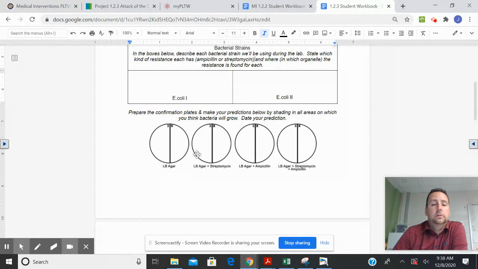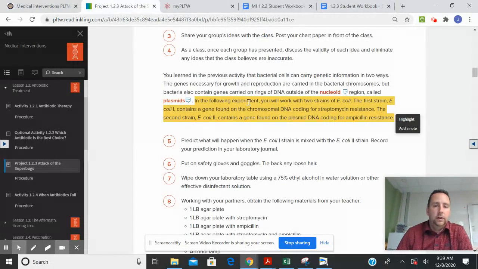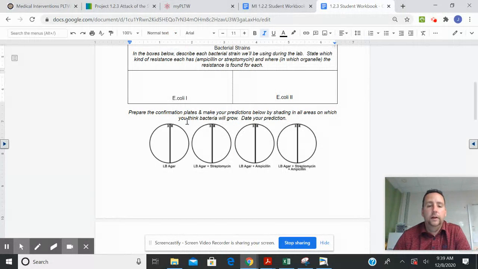This one has streptomycin antibiotic in it. This one has ampicillin antibiotic in it. And this one has both strep and ampicillin in it, okay? So, based on the information that you're reading in 1, 2, 3, make a prediction as to whether strain 1